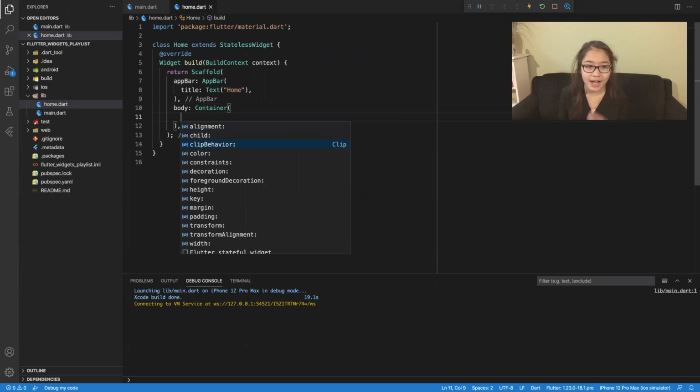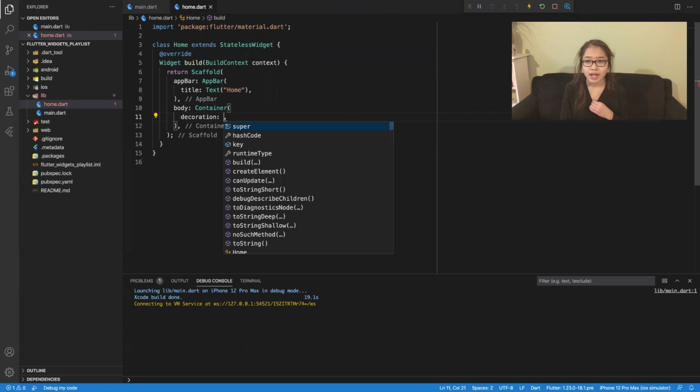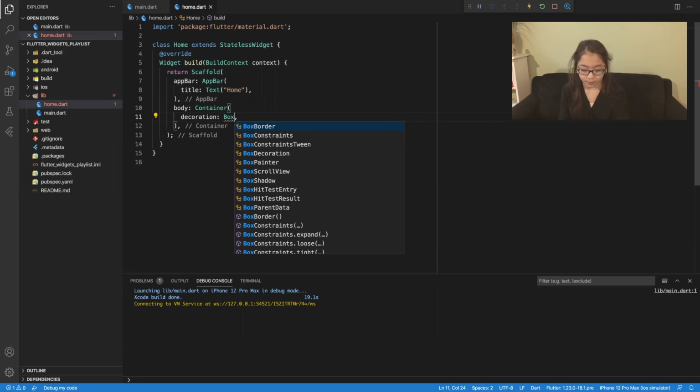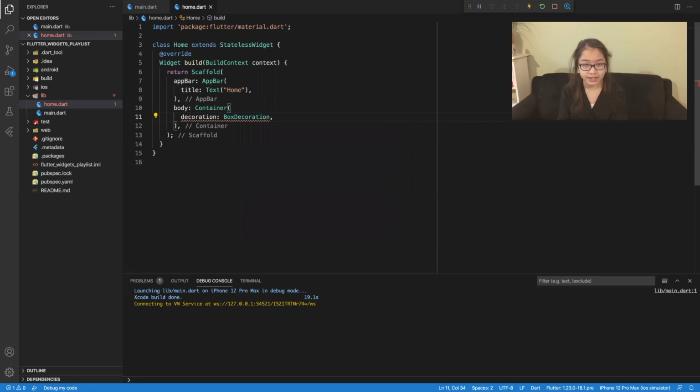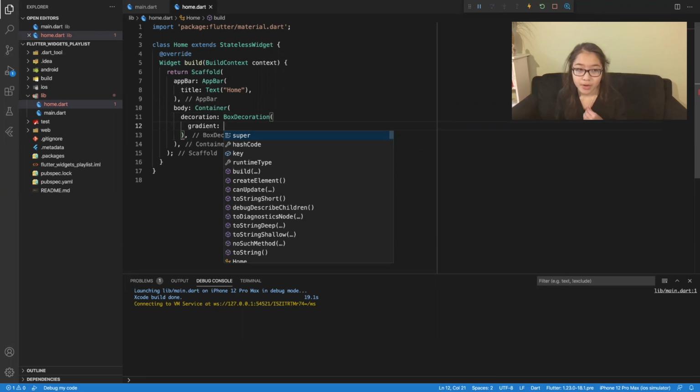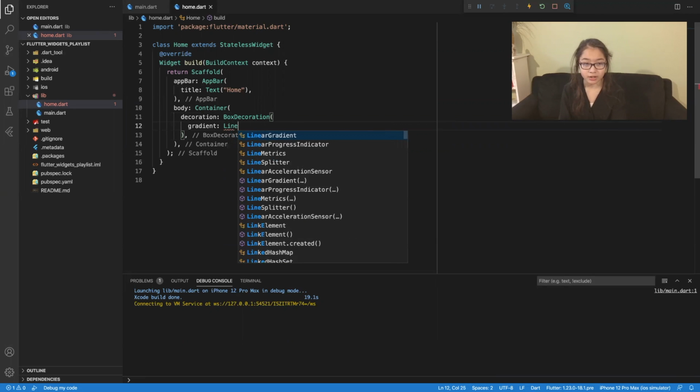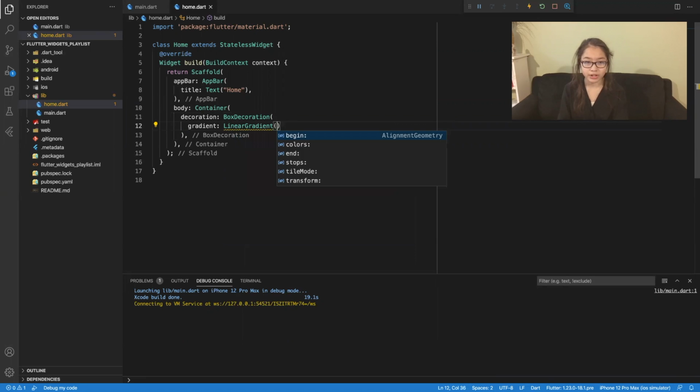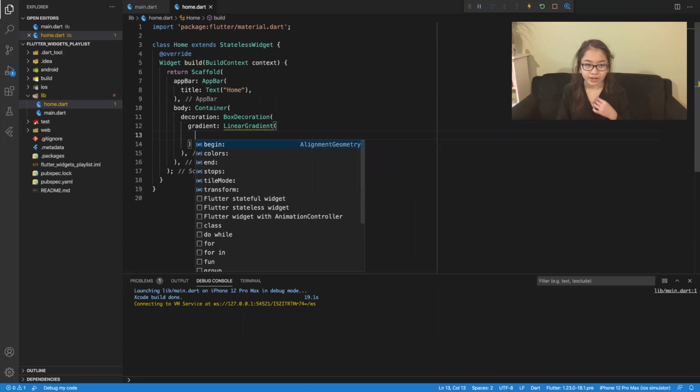So container has a property called decoration, and this allows you to do more things than just gradient. I'm pretty sure you can add borders and things like that, but we're going to use the widget box decoration, and inside box decoration it has the property gradient. And so first I'm going to be showing you linear gradient, and the way you do that is you just call linear gradient, and then you can see there are a few